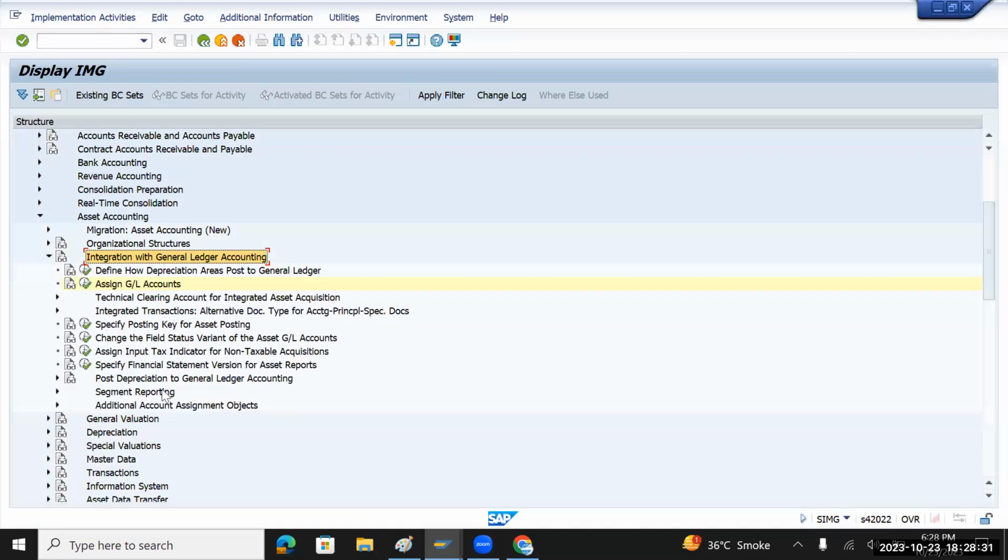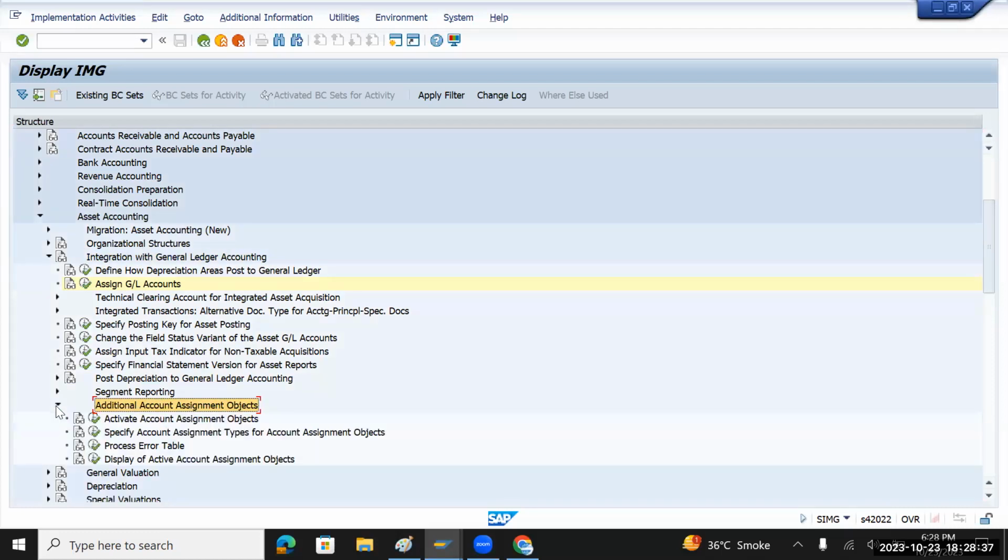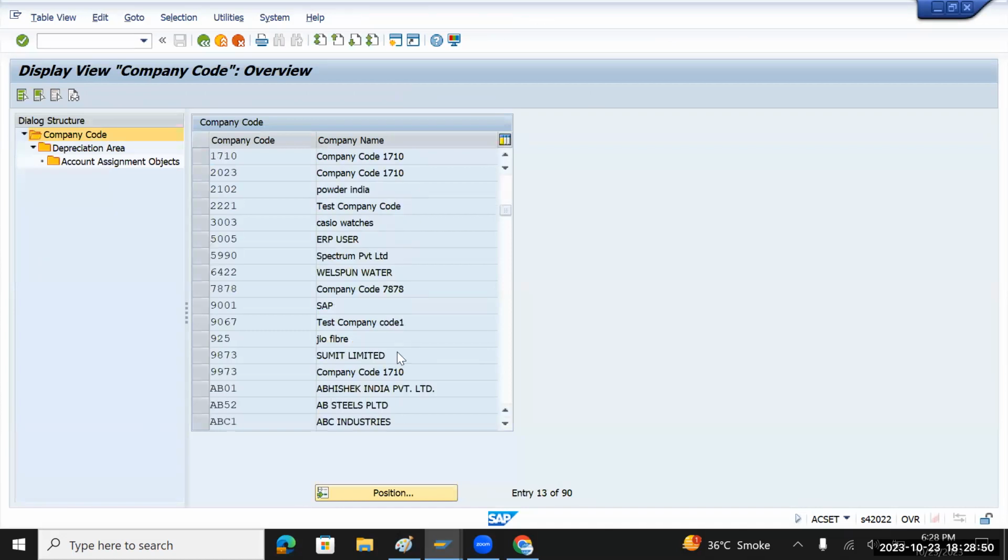Under integration, we have additional account settings and objects. Under this we have specify account for types from account assignment object. Execute this one. If you scroll down,